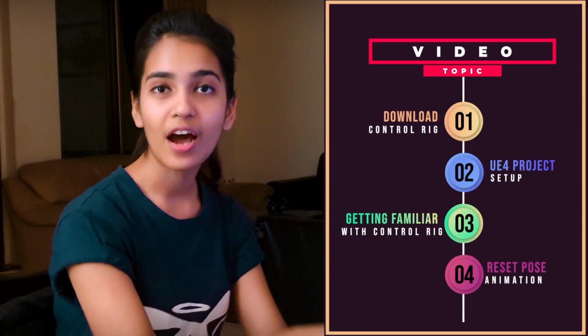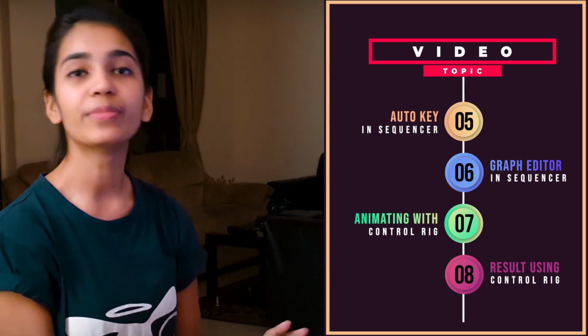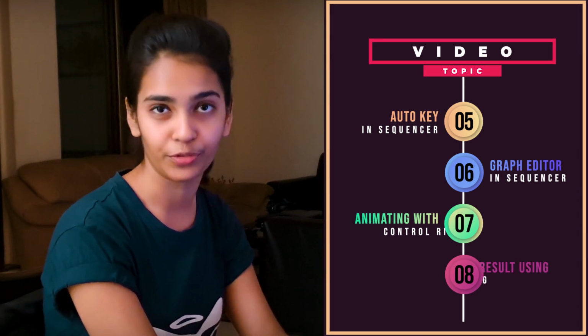Which means now with the help of Control Rig Mannequin, you can directly animate inside Unreal Engine. So you can make game ready animations directly in UE4. Say you're working on a game prototype or a cinematic and you have this whole scene set up inside Unreal Engine, you can directly block out a quick animation or manipulate existing animations in the engine itself. So let's jump in and see how it works.